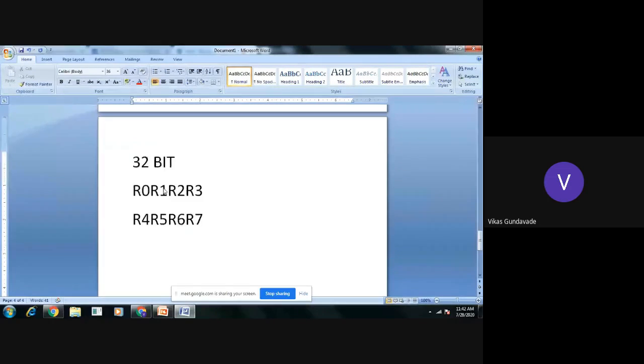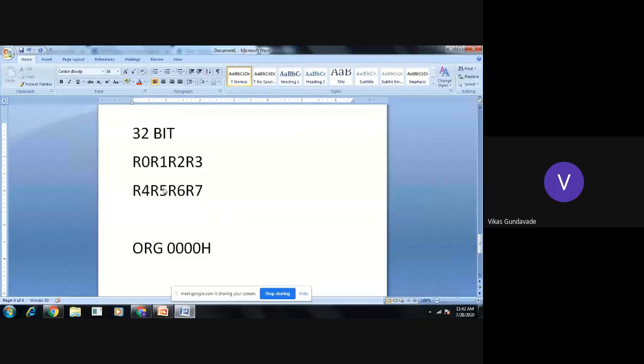Okay, so the first instruction will be org, by default 0000H. Now keep in mind, whenever we are writing a program for compiling or for such simple operations, we initiate the program with org 0000H and then write the program.